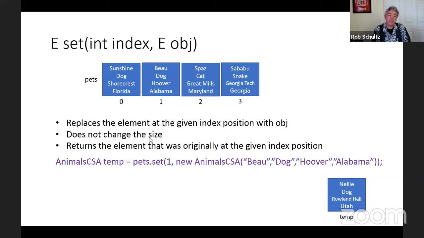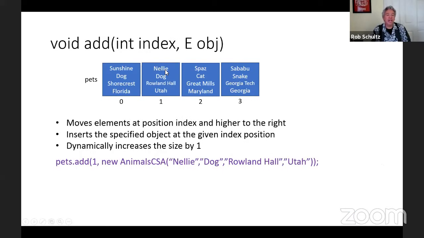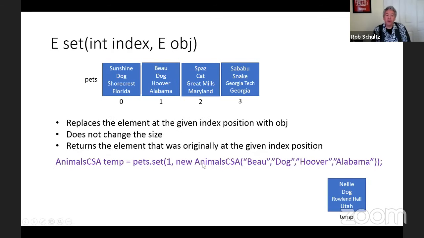But what it does do, so that we don't lose anything, and this is easy to forget too, it returns the element that was originally at the given index position. So if you look back to the previous slide, we had Nellie the dog representing Roland Hall in Utah. Well, if I come down and say I want to set position 1 to a new animal CSA object, Bo the dog representing Hoover from Alabama, it's going to replace Nellie with Bo, but I don't necessarily want to lose